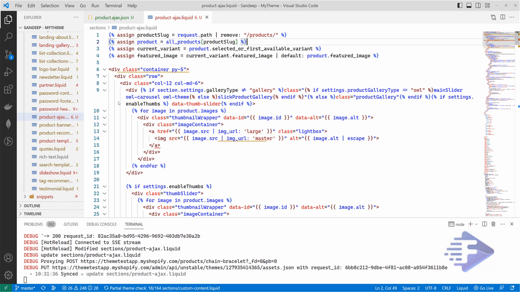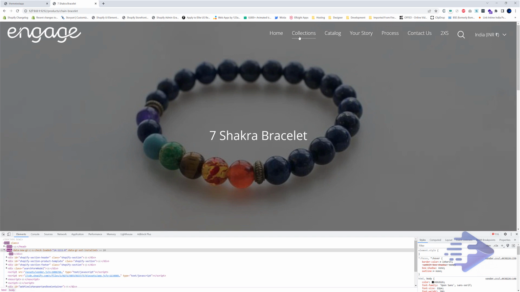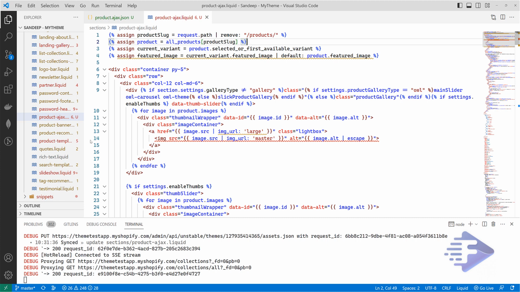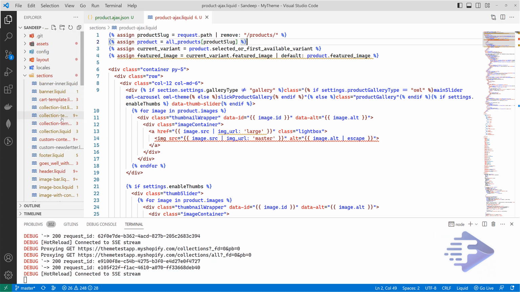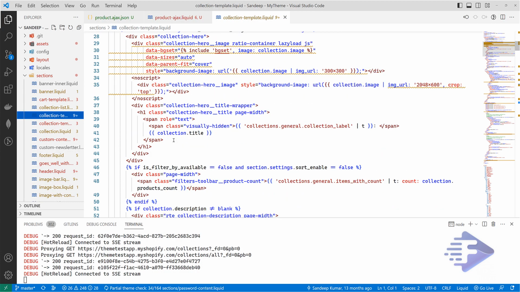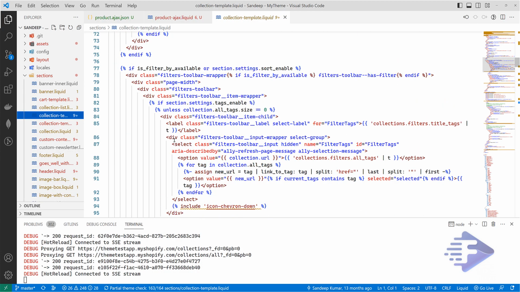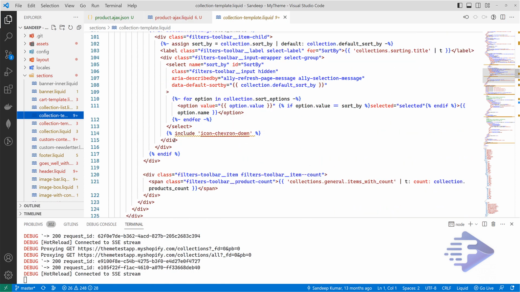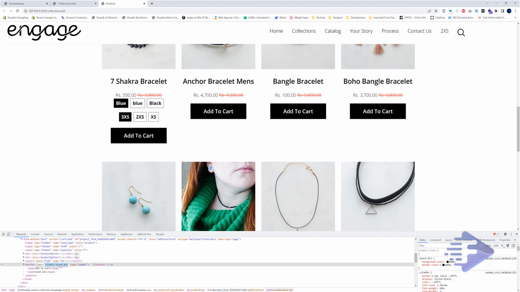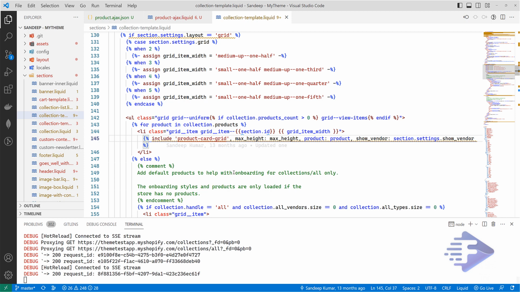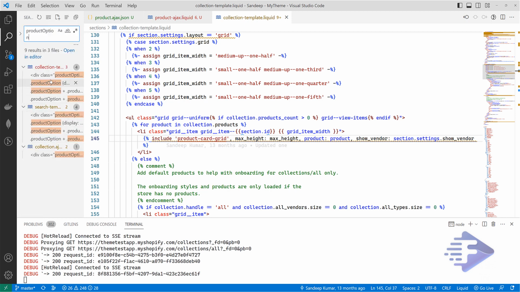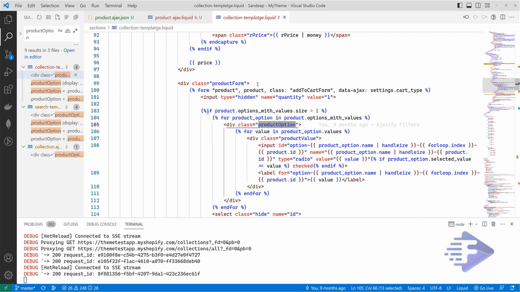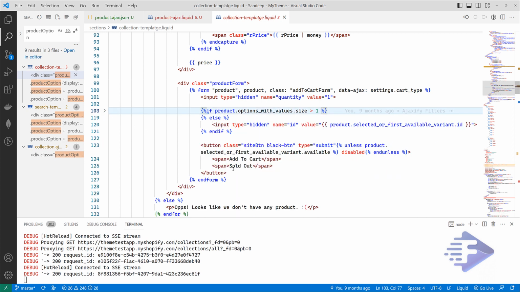Next thing we have to do is create a button for quick view. So for that let's go to our collection template. In the collection template I'm going to add one more button. Where is it? This is our section, and in this section we got this button.